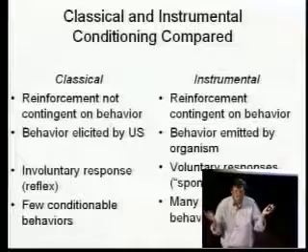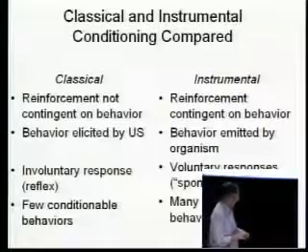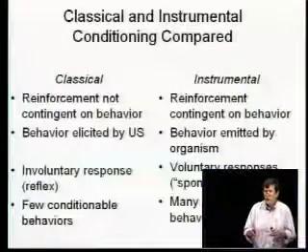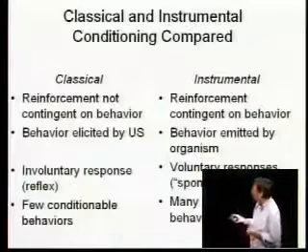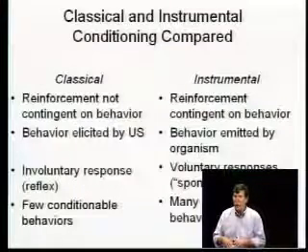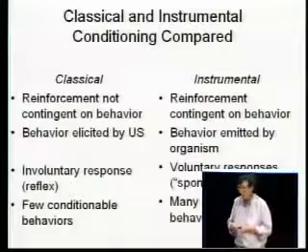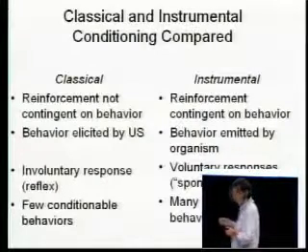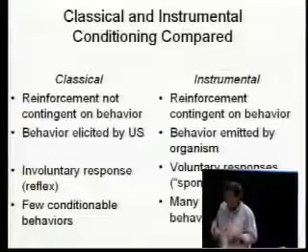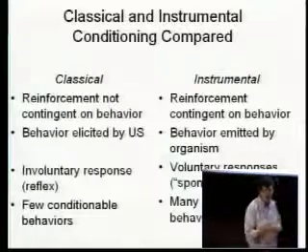I mean, compared to all the things that animals can do, reflexes constitute a relatively small part of their behavioral repertoire. So you can condition dogs to salivate, you can condition the eye blink reflex, you can condition the patella reflex, you can condition all sorts of reflexes through classical conditioning. But there's lots more that you can do with the instrumental case. You can condition animals to engage in not only all sorts of voluntary behaviors, but all sorts of combinations of voluntary behaviors. If Thorndike had had the patience to do so in his experiment, he could have trained his cats to sit down, scratch their right ears, scratch their left ear, wag their tails, and then press the paddle in order to go out. That whole pattern of behavior could have been shaped up by